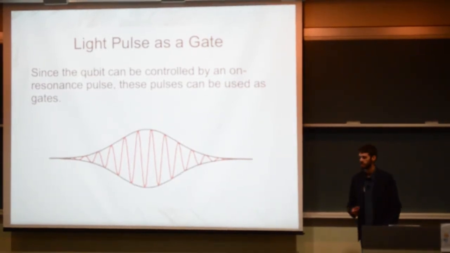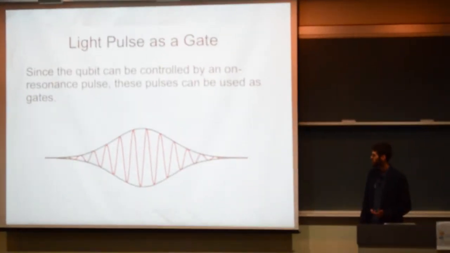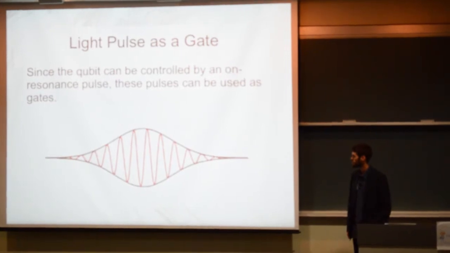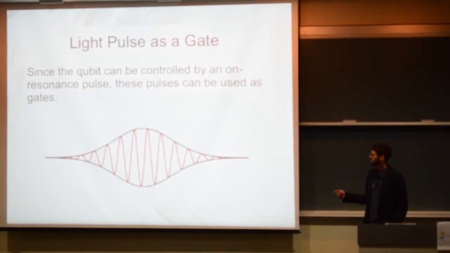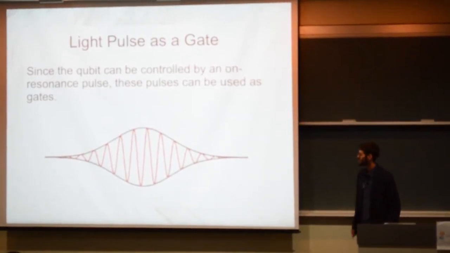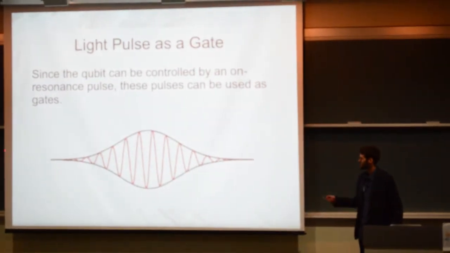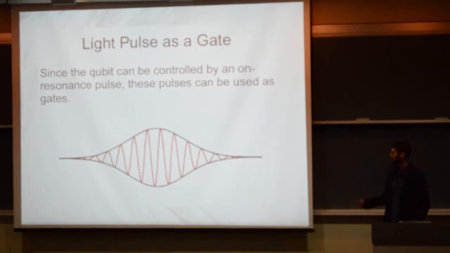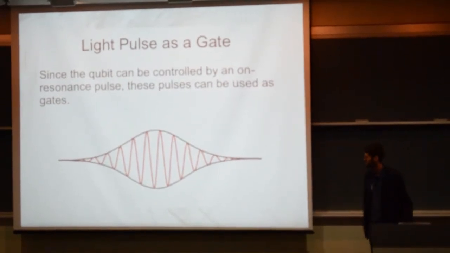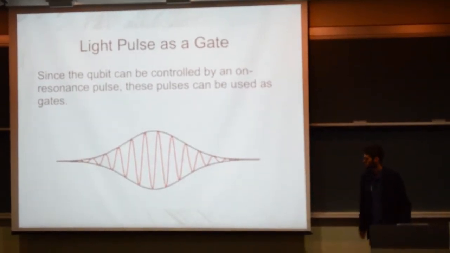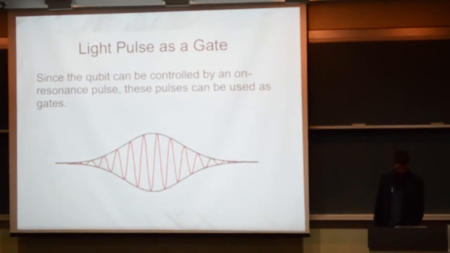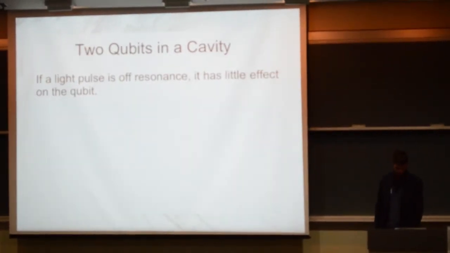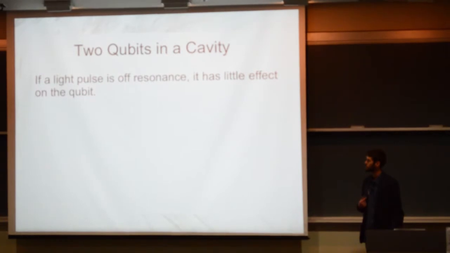So since we can use this light pulse to control the qubit, it is an ideal candidate for a gate. And here is a simple light pulse, where this black curve is what we call the envelope, and the red gives you the frequency of the light. And another thing is that if the light pulse is off resonance with the qubit, it will have very little